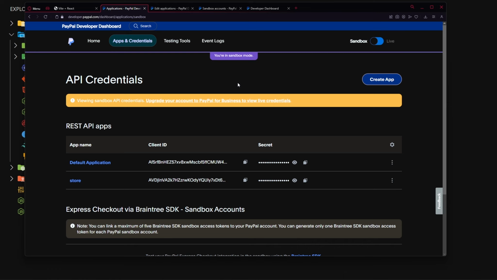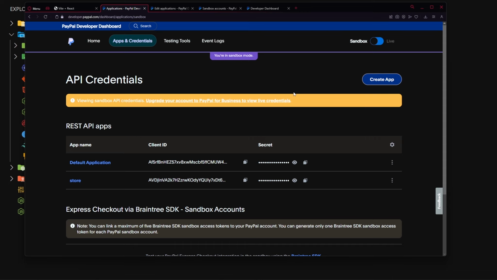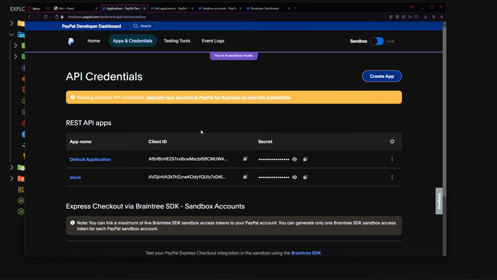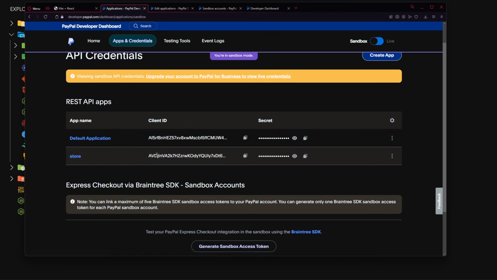What do we call it, the credential-specific parts of that video, so I just hide there. Then what I want you to do is, inside this API and credentials, click on this create app right here. Once you click on that, click build app or something like that, and also provide your name. In my case, I provided the name of store right here, and here is my client ID, and